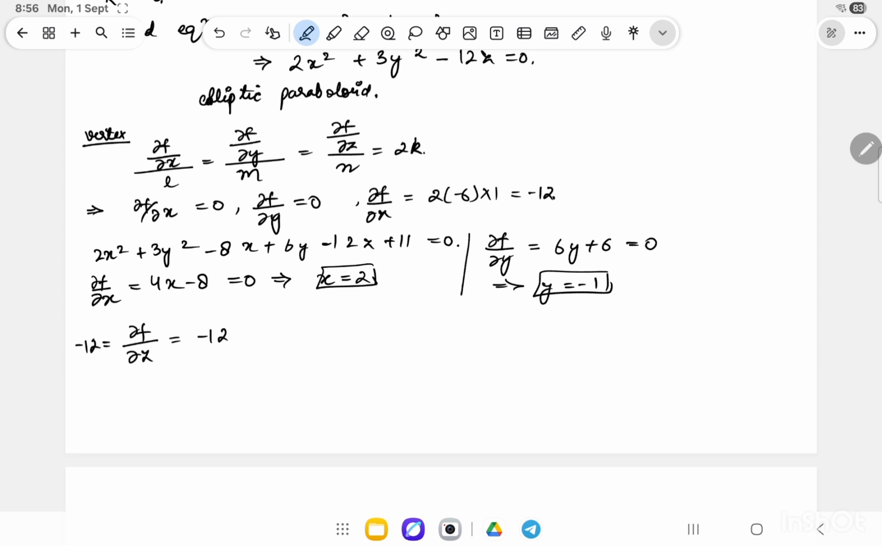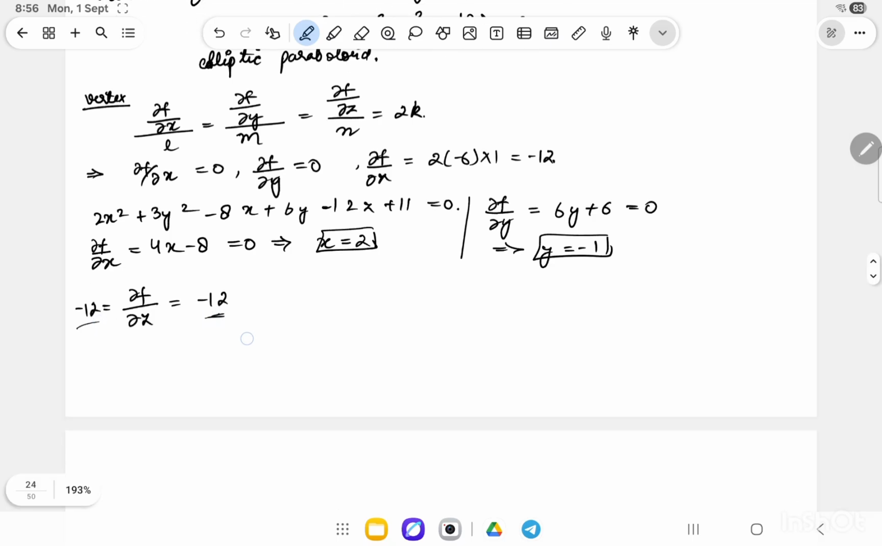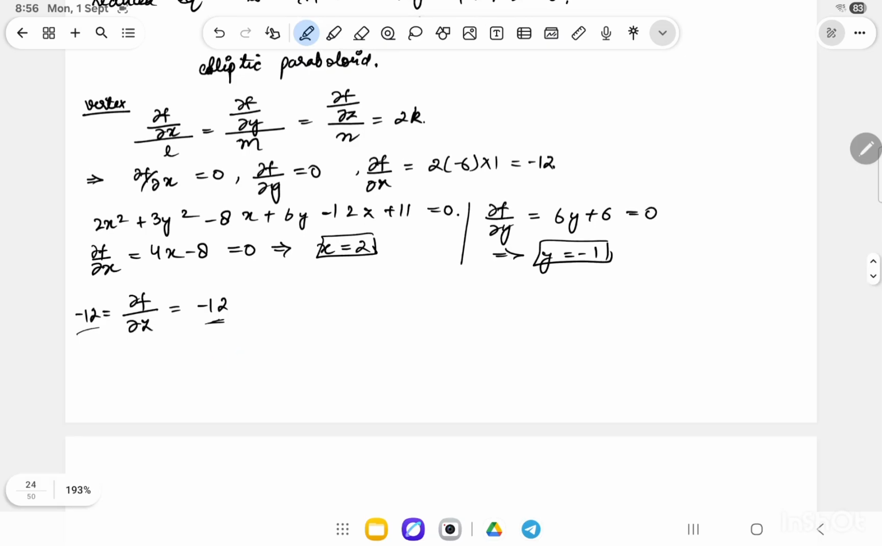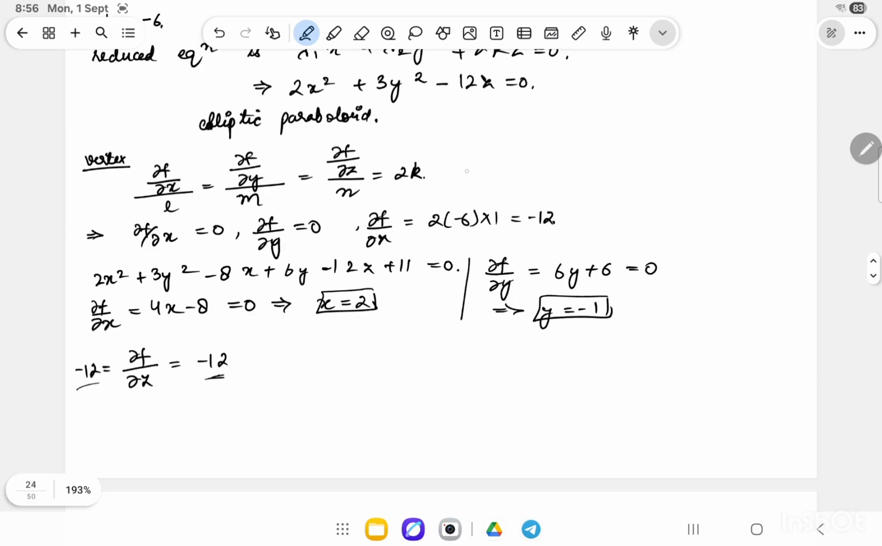Yeah, which is basically equals to minus 12 only. So I can take my z as 0. No. This, so I did not get any value of z from here, and there is another associated condition here